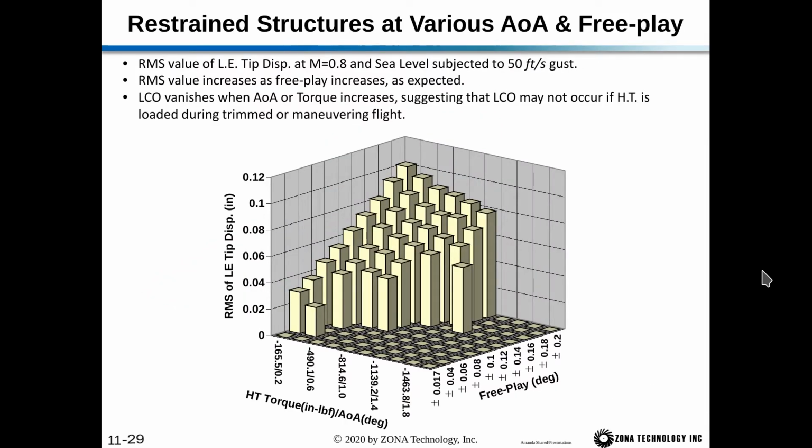And now what we've done is plotted the response due to various angles of attack and free play. So the root mean square value of the leading edge tip displacement at Mach 0.8 and sea level subjected to a 50 foot per second gust is plotted. Now the RMS value increases as free play increases as expected. So if we look at the free play axis, as we increase free play, then the RMS of the response